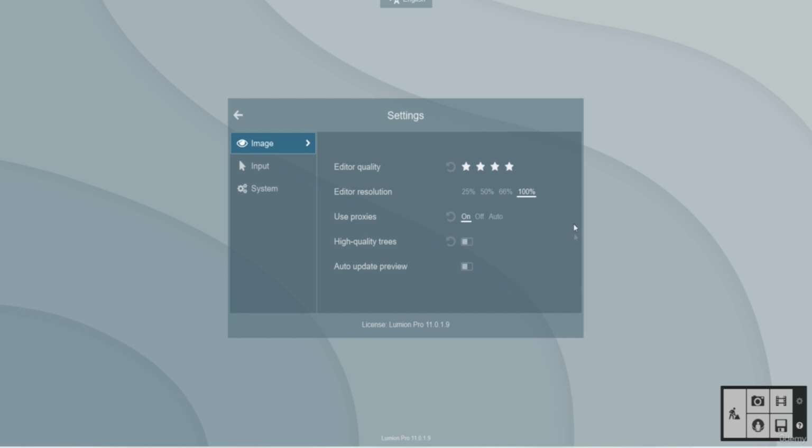These settings are dedicated to the quality of the interface actually. As you can see, there are editor quality, editor resolution, use proxies, high quality trees, and auto update previews. That means basically, if you have a higher end graphics card, when you are using Lumion you can use most high resolution and high poly models very easily if you have a 3090 or 3080 graphics card. But if you are using a 3070, 3060, or maybe even less than a 2000 series graphics card, or AMD cards,